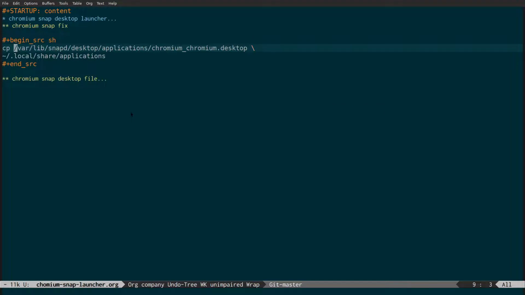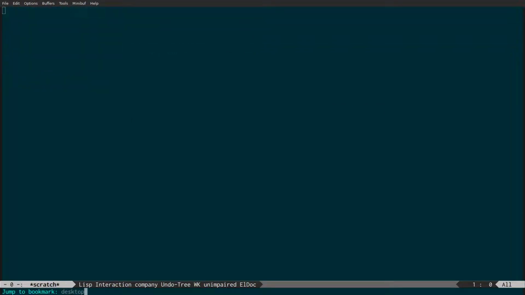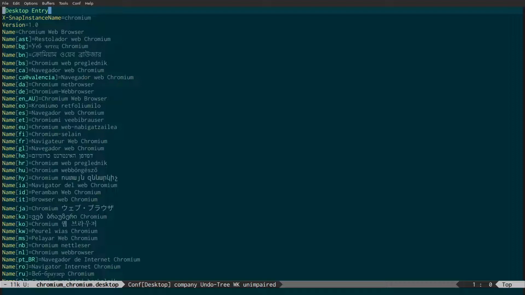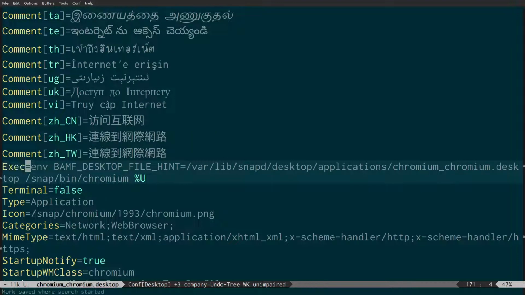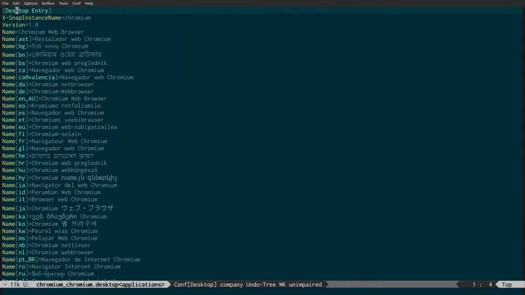And we'll come back across to the desktop, and we open that up. Yeah. Okay, as you can see here, the file starts with Desktop Entry, then X-SnapInstanceName=chromium. So this is basically the file that we're going to override. And again, what we did was we come across to the Exec section here, and if I just come across to my modified version,